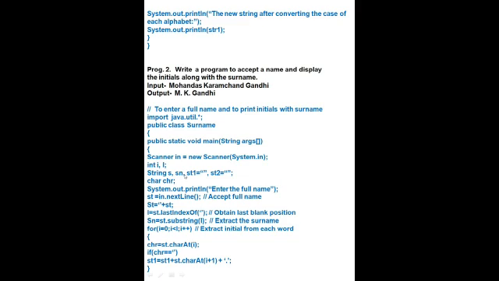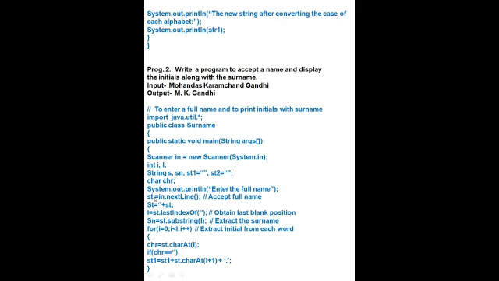ST, SN for surname, this is for the surname, and ST1 we don't know about yet, blank. ST2 we don't know about yet, so this is also blank. ST, ST1 and ST2: three strings are here. Only the changes are here. Now char chr. In the first program I took chr and chr1 because chr1 was changing the character. In this program we are not changing the character, so we take only one character, char chr. Now System.out.println, enter the full name. We have entered the full name.